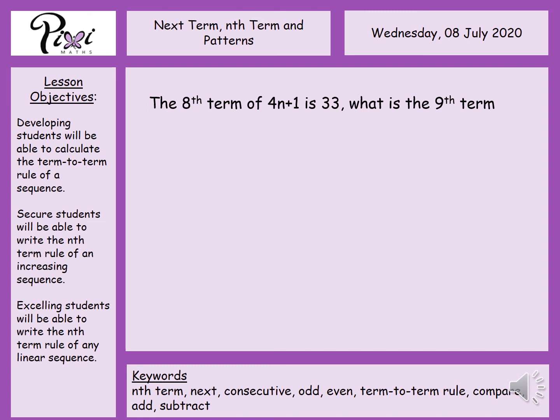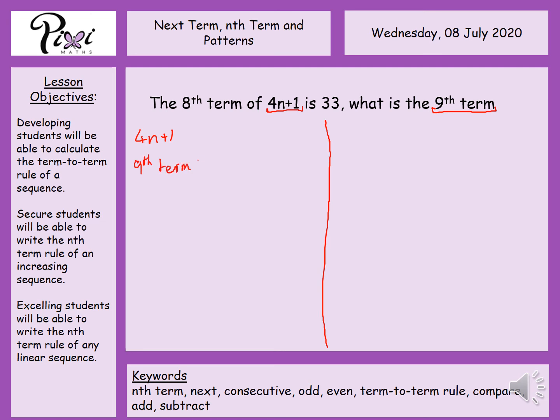Okay, so this one we're told that the 8th term of the sequence 4n plus 1 is 33. What is the 9th term? So I'm actually going to show you two different methods of doing this. So we're told the sequence 4n plus 1. So 4n plus 1 is our sequence, and we're told that what we're looking for is the 9th term. So let's write 9th term,